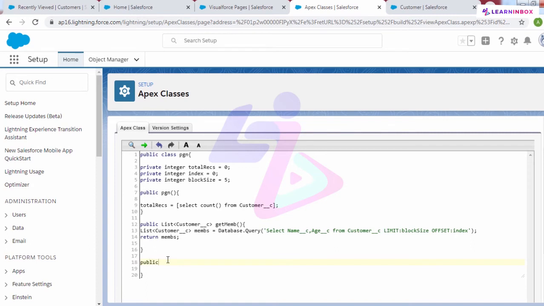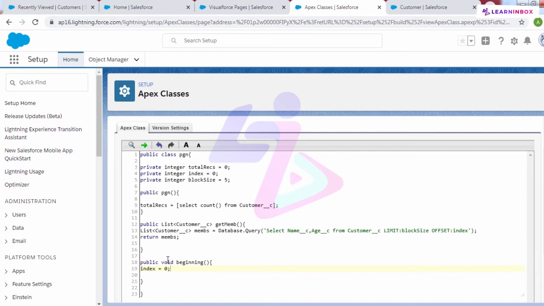The first button would be the beginning. You can specify a method called beginning for the very first button. So public void beginning. Here the index value would be 0.